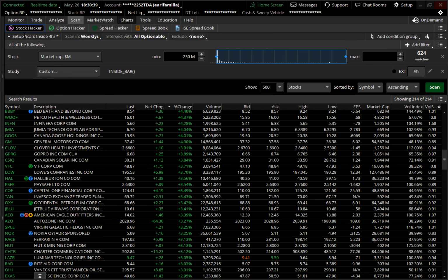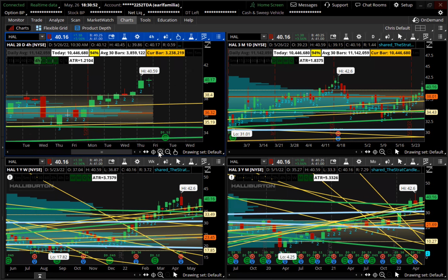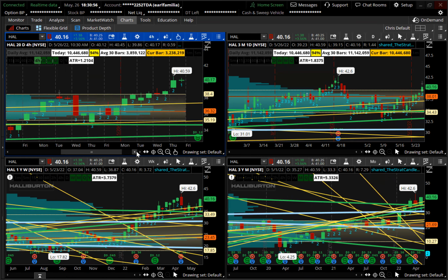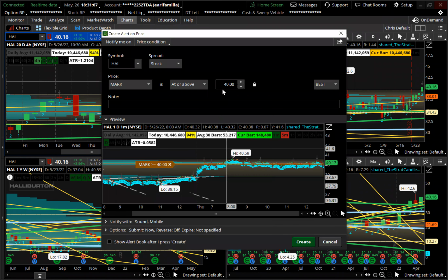A lot of setups that look alike. Yeah, Halliburton. It just feels safe over here. I look at the chart. There's just a lot of green. It's just safe. Just feel comfort. Feel money is over here.